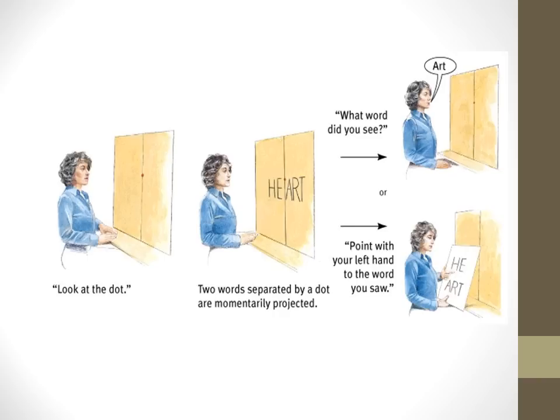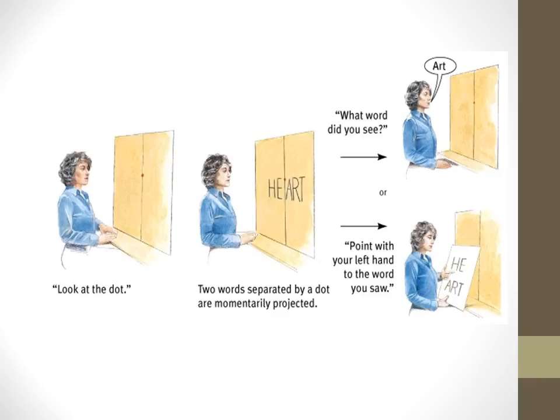In early experiments, Gazzaniga in 1967 asked his patients to stare at a dot as he flashed the word heart on the screen. Thus, "he" appeared in the left field of vision, which transmits, we know, to the right hemisphere. "Art" is in the right field of vision, which transmits to the left hemisphere. When he was asked what they had seen, the patients said that they had seen art. But when asked to point to the word with the left hand, controlled by the right hemisphere, they were startled when they pointed to "he."